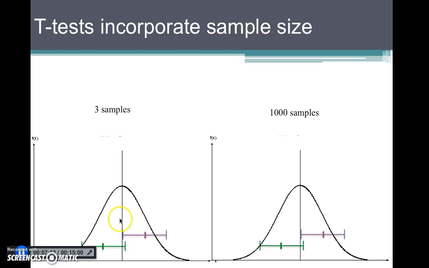Also factored in is the sample size. Let's say you just have 3 replicates. You have 3 different tanks of fish that you're measuring, and you get this data. Well, what if you get the exact same average and standard deviation, but you did 1,000 tanks of fish or 1,000 fish instead? It's important to factor in how many samples, how many